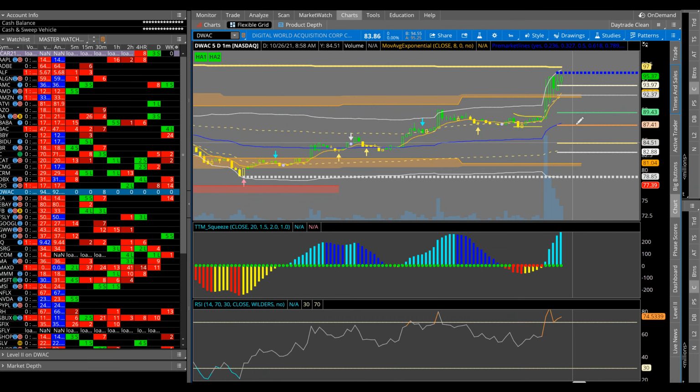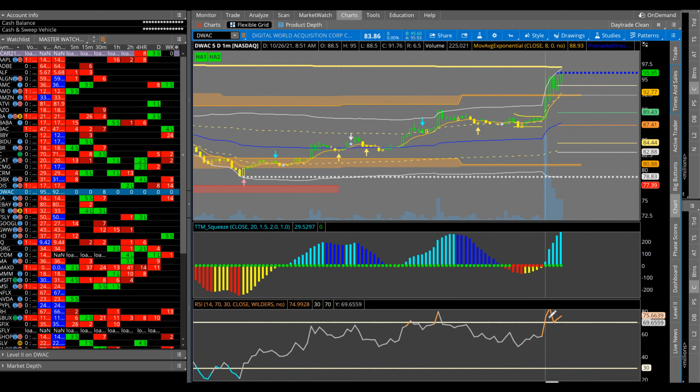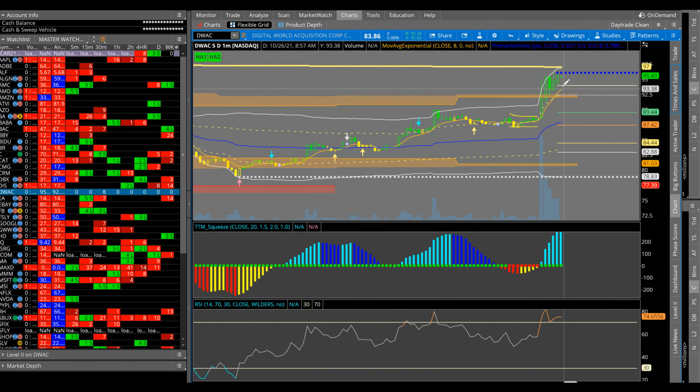I will show you guys how to set this up, and I will post the links so you can copy and paste everything into your Thinkorswim and save you a little bit of time. But the main thing you're going to need is your TTM squeeze indicator, which is here. I like to see my RSI, and as you can see, I'm looking at DWAC right now, and it's above 70, and that typically means it's overbought,